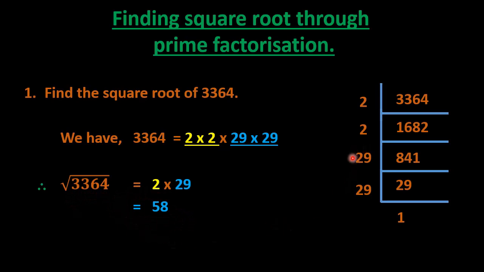Here the difficult part is finding by which prime numbers the given number will be divisible. Here 29 is used. So you have to keep on trying. If it is not divisible by 29, it might be divisible by 31, then the next prime number, then the next prime number. This is the very difficult part in the prime factorization method.